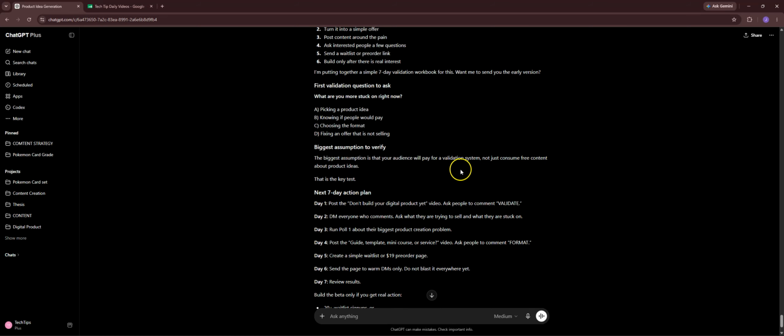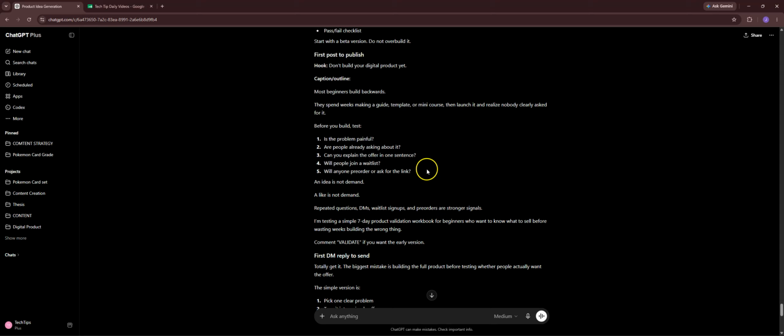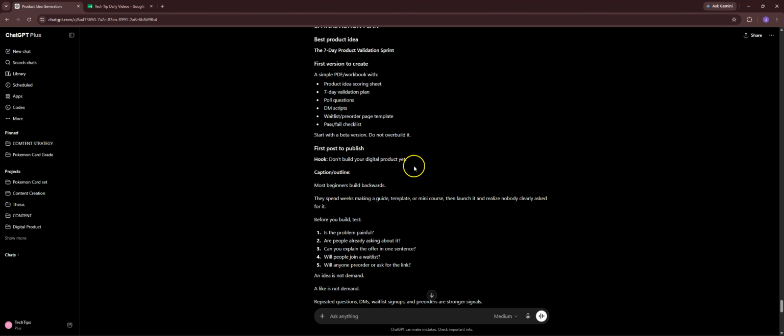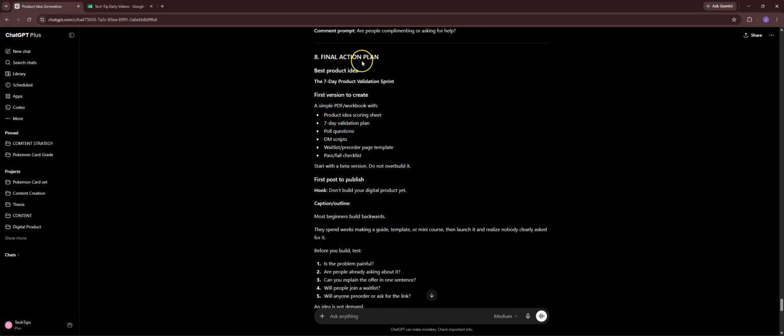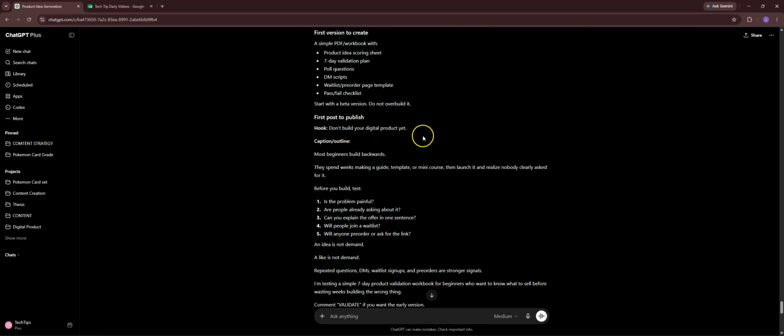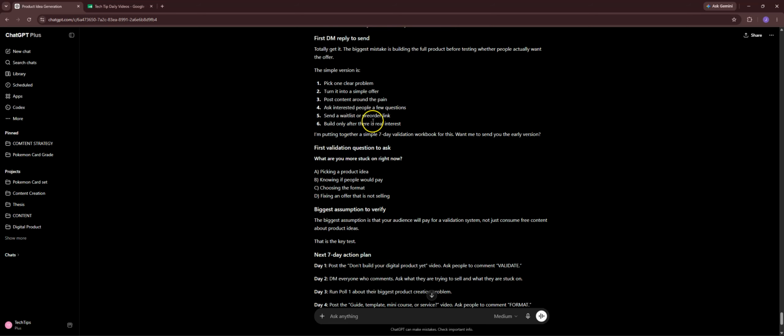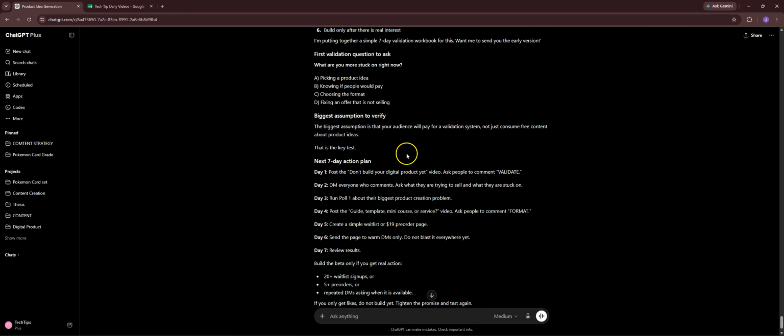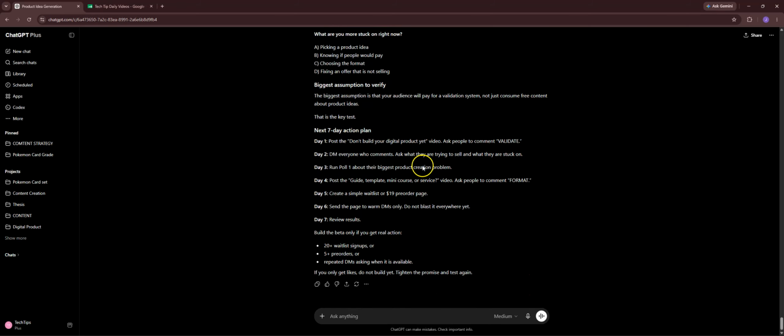So then it finally says at the end, the first validation question that we should be asking, and it goes over here, for instance, the final action plan. That's what I was looking for. So the final action plan, it gives us the idea, the first version to create, it gives us the options, the first post to publish, the first DM reply to send, the first validation question to ask, and the 7-day action plan to actually start doing this. So we get day 1, 2 to 7 posts that don't build your digital product, whatever, and then it helps us